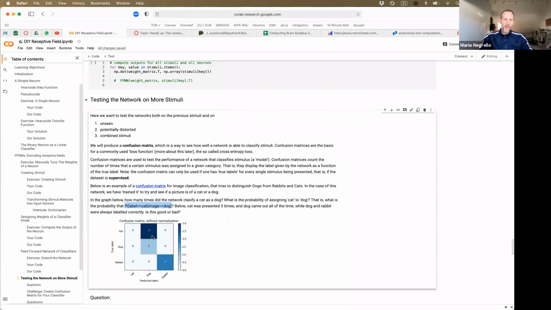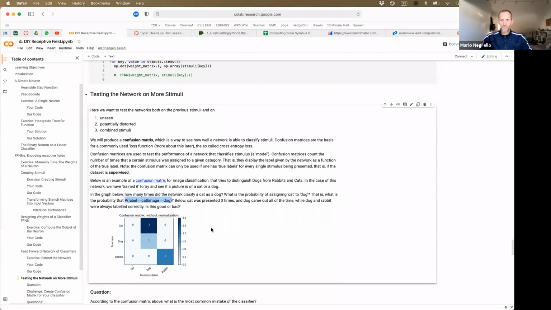Could you construct one of these for your own network? That's another thing that is possible to pick up as a project for later. I will make available the projects as final projects, a suggestion for topics for the final projects, later on today. But one of the projects that I wanted to